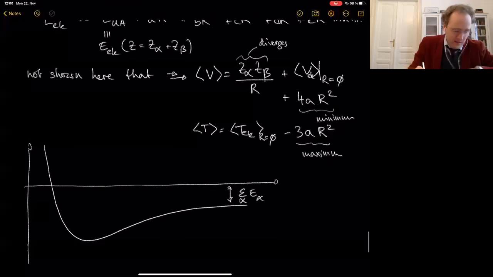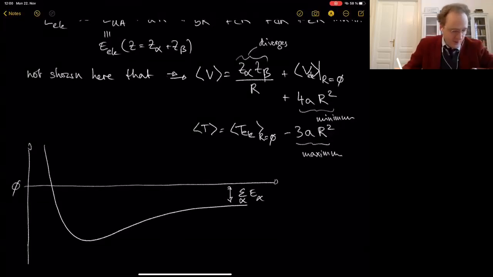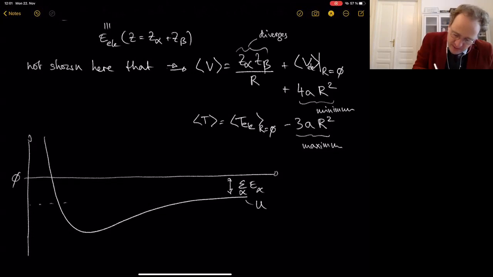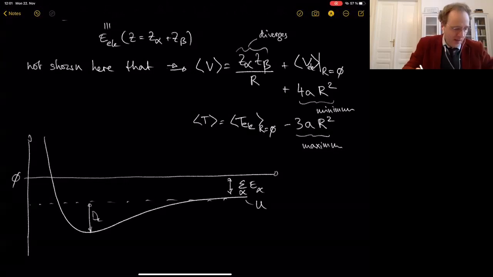This would be your energy 0, and this is your curve U, the total energy. And then we will find that we have this offset here, and this is the dissociation energy. And then what we find is offset in this direction. And again, with the dissociation energy,